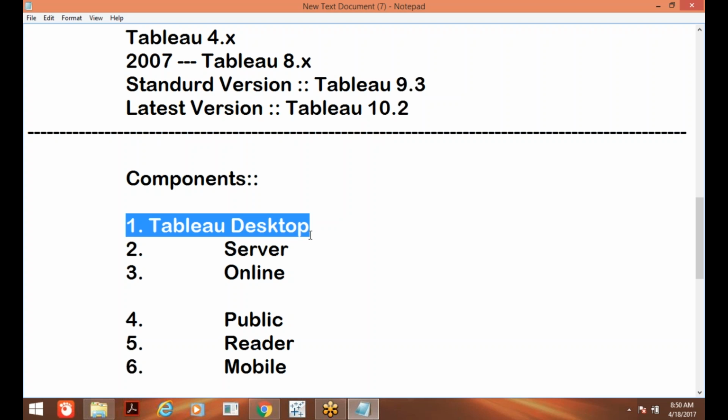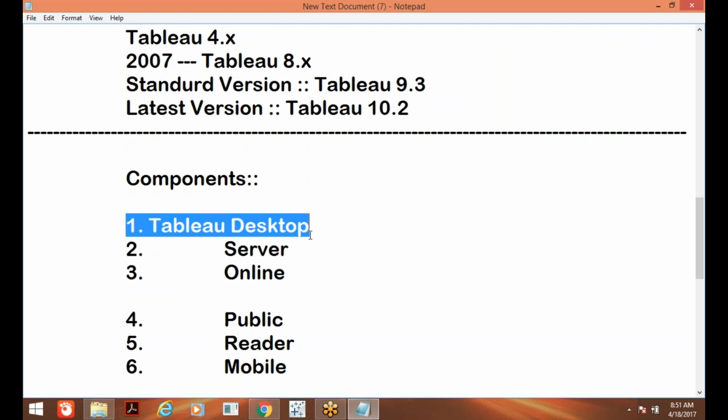Why? Because, as I told you, you can use Tableau to do three things: connecting with data, creating visualization, and reporting. All these three things will be done from Tableau Desktop only. And Tableau Server, in the sense, is an admin-related thing. There will be only one admin in the company, and a number of developers. Yes, we are the Tableau Desktop developers, and those who work on Tableau Server are called admins. But for any company, there will be only one admin.